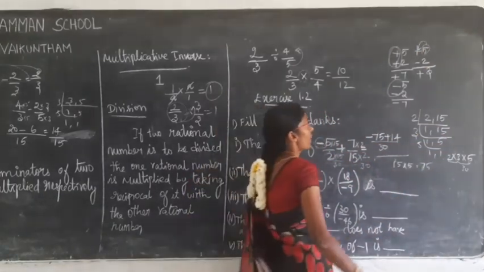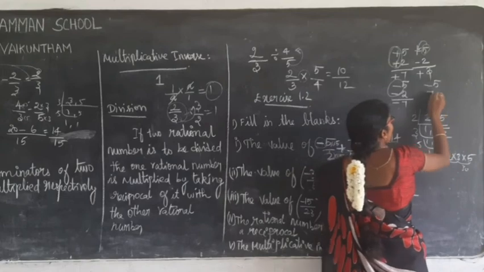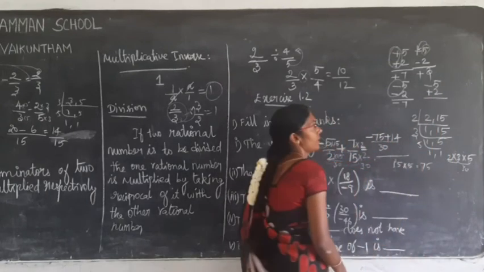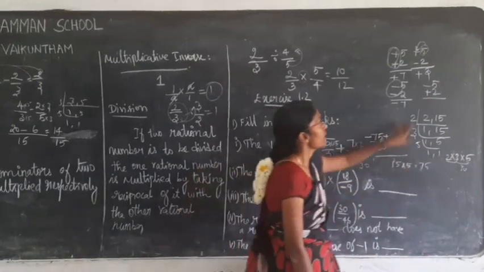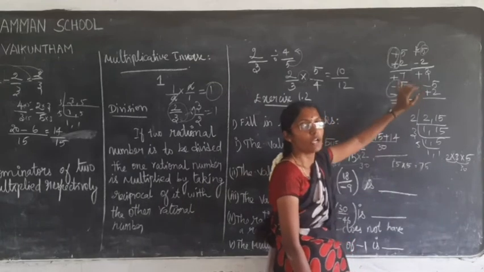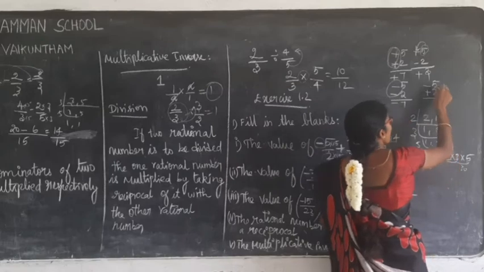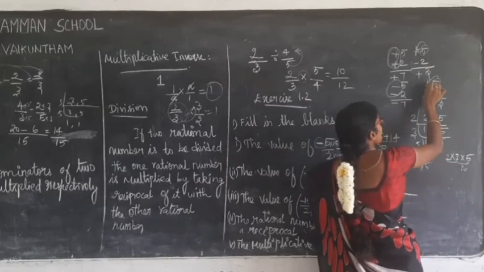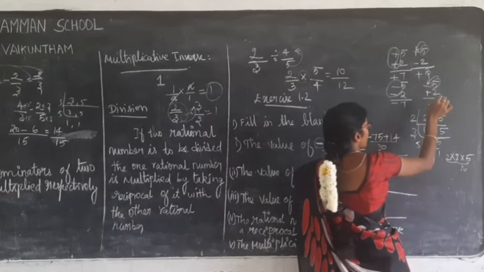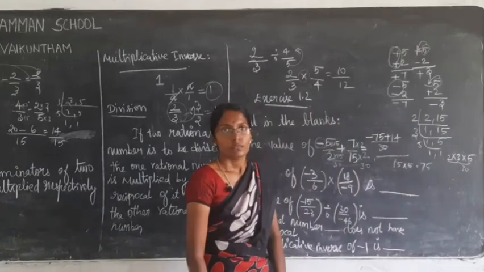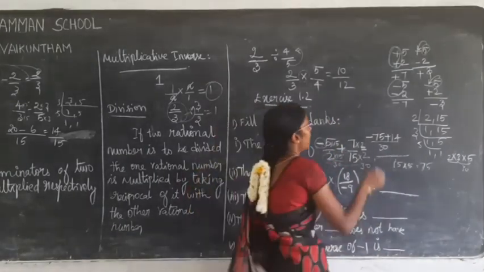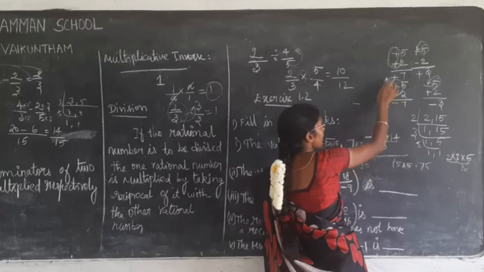Clear? Otherwise, if it is minus 5 plus 2 like this, see here, the symbol is different. What do you have to do? Subtraction. 5 minus 2, 3. Greater number, 5. What is the symbol in front of the greater number? Minus. So clear? So in addition, we can do like this.